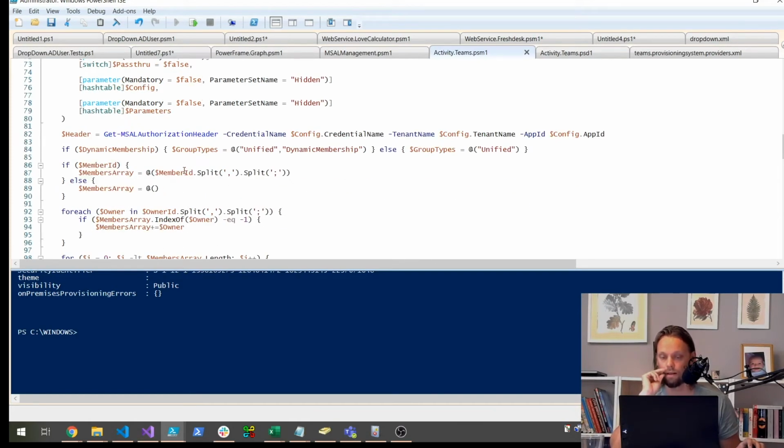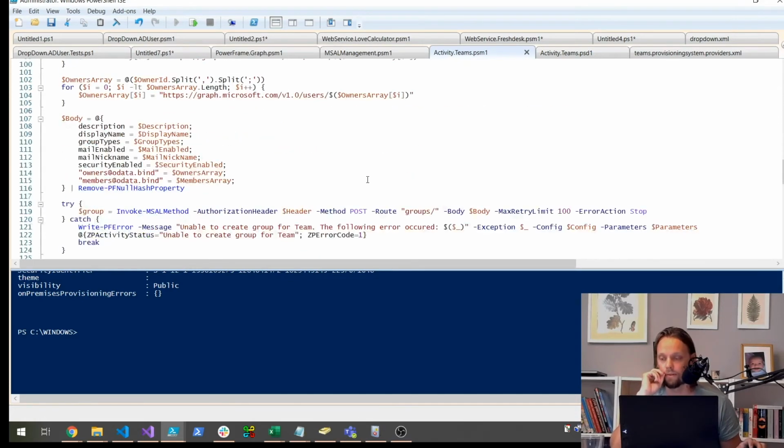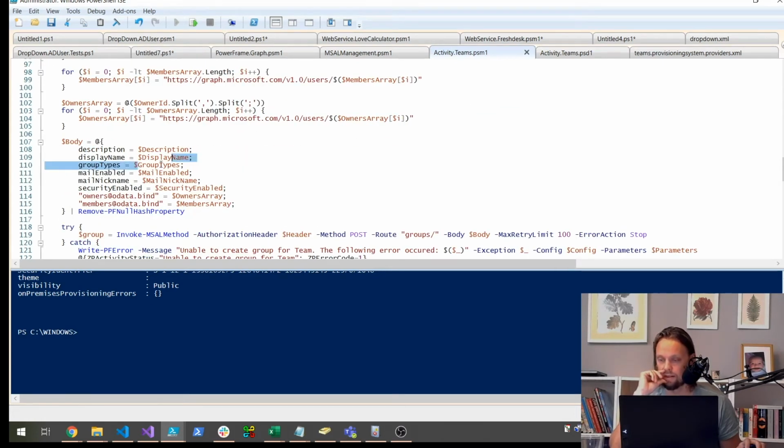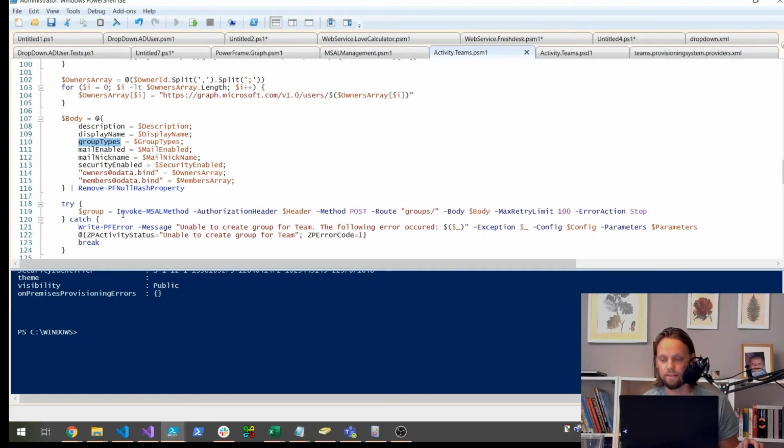Then I look at all the parameters, and if you have dynamic membership set, I will set group types, create an array, and add these two strings to it. And otherwise I will just create an array with this single value. And why do I create an array? That's because group types, when I post this, I create a hash table, and this property takes an array, and inside of this invoke MSAll method, if we look at that,